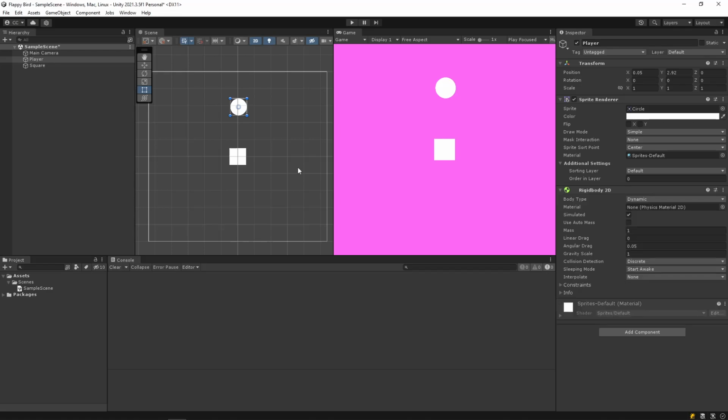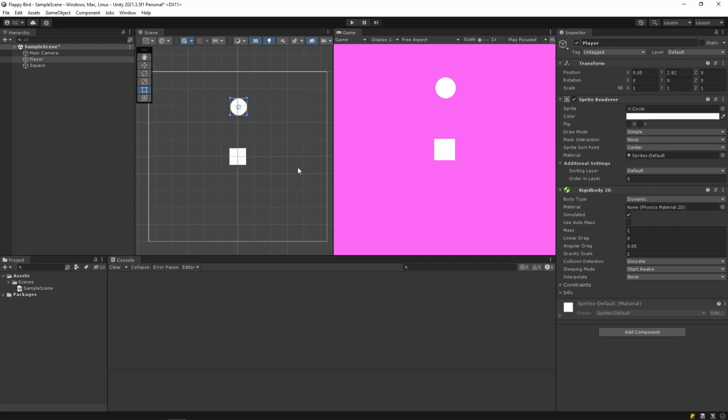Yeah, we need to. So the circle knows that it has physics. The problem is it doesn't know where it's colliding with things. It doesn't know what it's colliding with. It doesn't know if it is able to collide with things. It needs to have a collider. Actually, it does know. It does know that it's not supposed to collide with things. That's why it didn't collide with anything. Jerk.